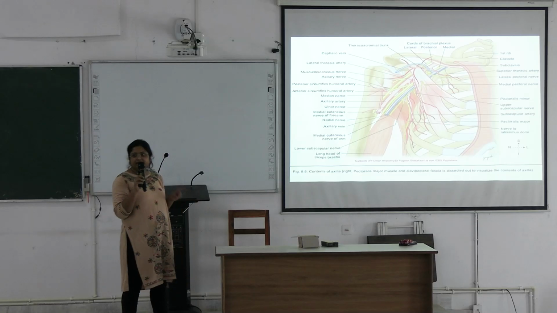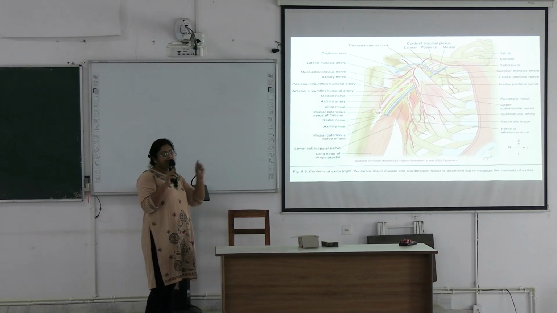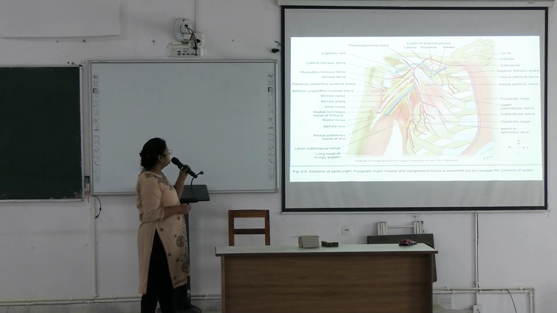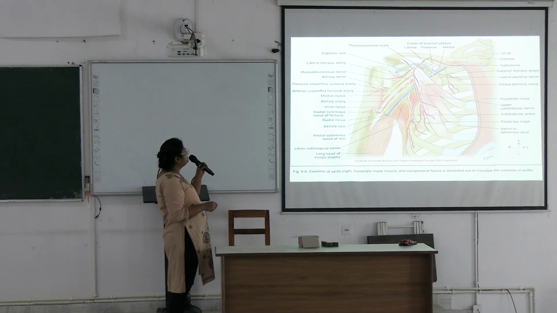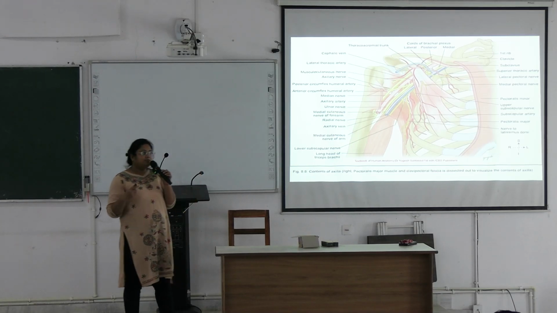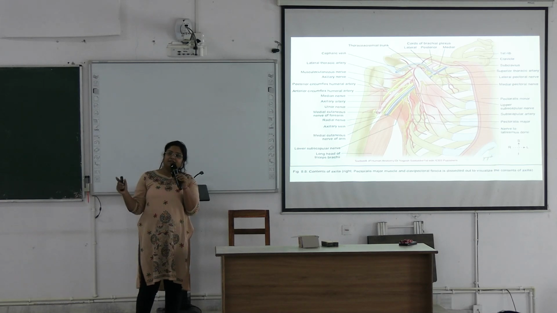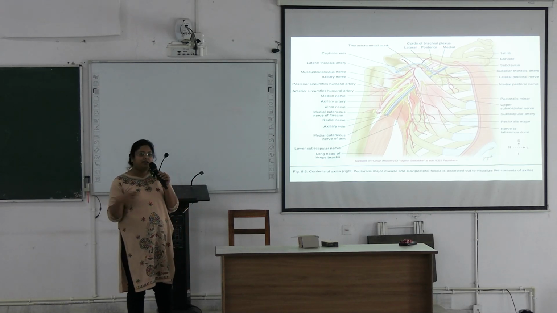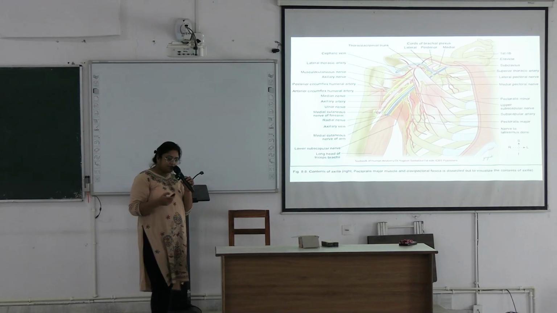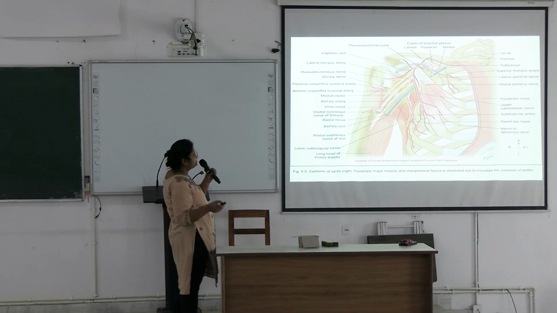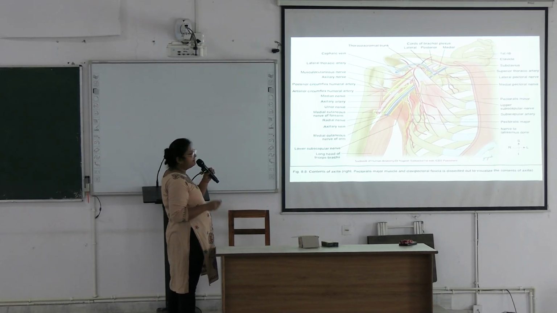This is the axillary artery. Medial to the artery you find a thin-walled luminal structure, that will be the vein, the axillary vein. Here is the vein. See, the blue colored one represents the vein, and this is the axillary vein. It is formed by continuation of the basilic vein after joining with the venae comitantes of the brachial artery. So this is the axillary vein, and there are nerves. This is the first part, here is the second part, here is the third part of the artery.